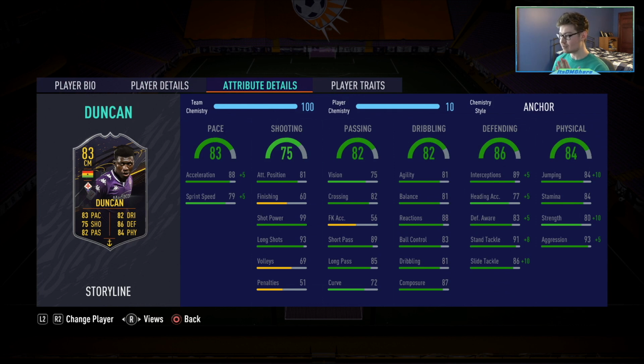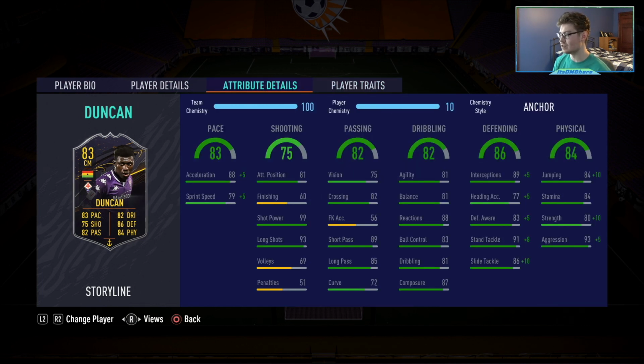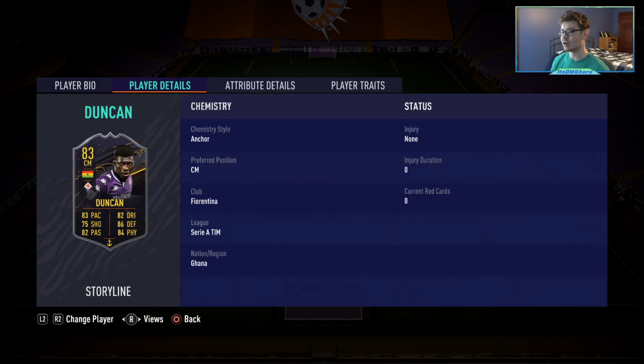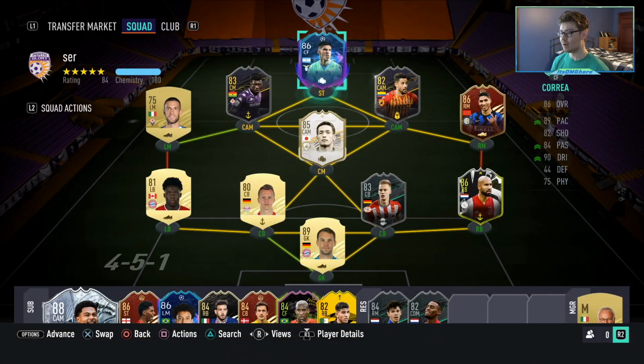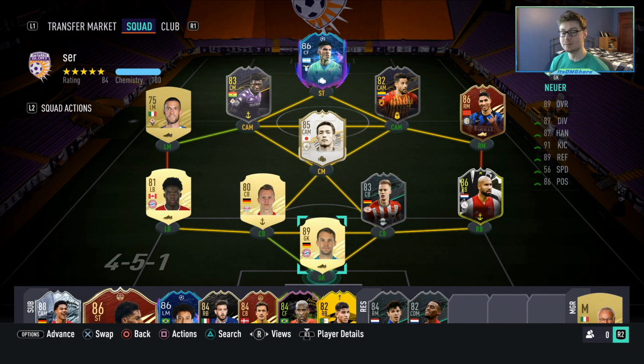personally. So again, you look at his in-game stats, we checked all of his stats. He's got good pace, good defending, good physical. Dribbling, passing is good. He has a hell of a long shot as well. And we put an anchor on him because we are going to be putting him at defensive mid. Now, obviously, this team's not that strong. I'll be replacing this guy right here with Rashford, and he will be playing Duncan, that is. He will be playing defensive mid, but I do want to see how he does. I do also kind of want to try out a couple long shots